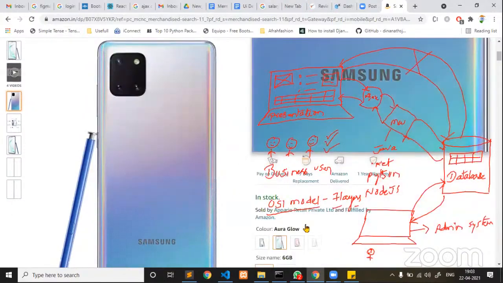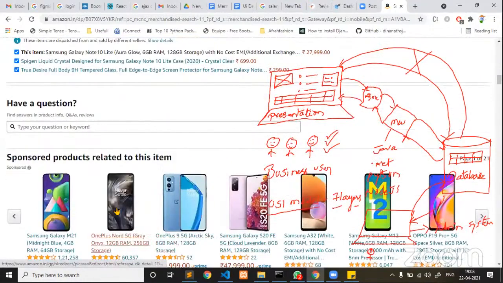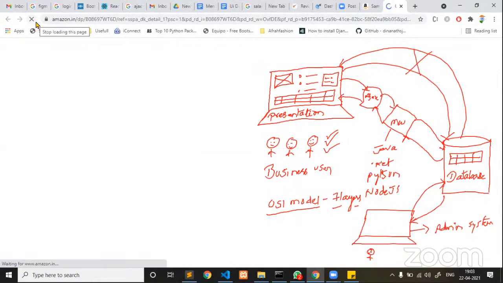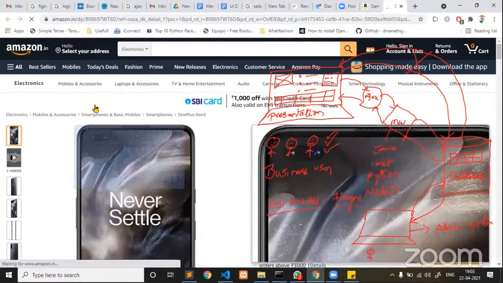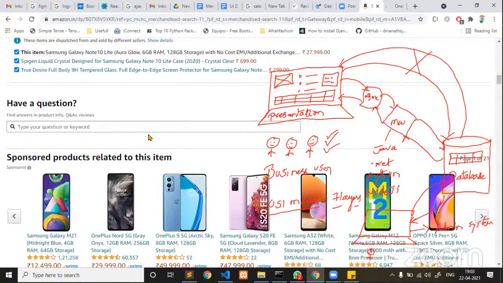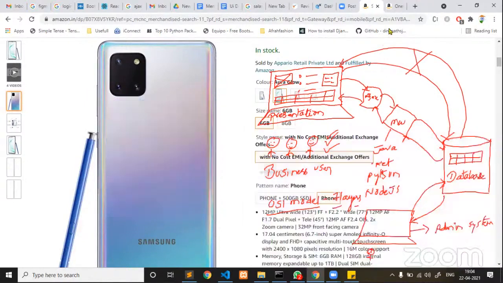Guys, listen carefully. If I'm coming back here and clicking on any other page, you see here Amazon is opening that particular product in a new page. Now see, instead of opening in a new page, if Amazon opened it in the same page without reloading the entire web page, the performance would be even faster than opening the page in a new tab. We don't know what sort of logic Amazon used and why they have not implemented Ajax. There will be some reasons behind not implementing Ajax.